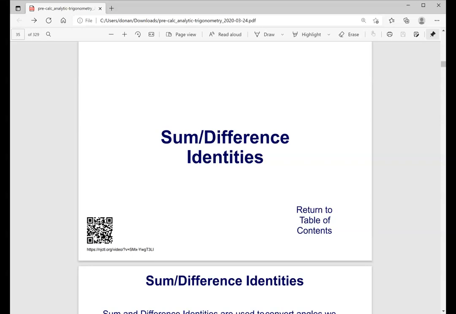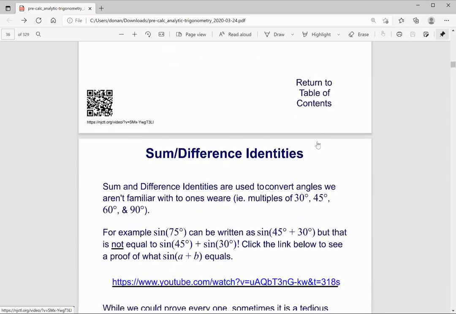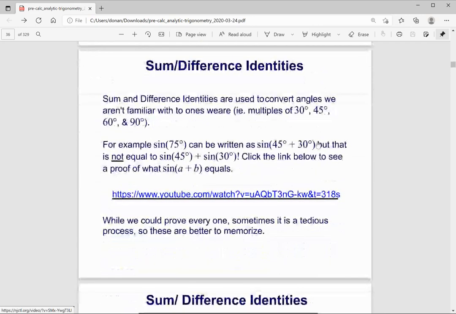In this video, we're going to look at sum and difference identities for trig functions. And if we think about it, there's one reason that we use them. Sum and difference identities are used to convert angles that we aren't familiar with to ones that we are familiar with. And I wouldn't really say convert, but if we wanted to find, for example, the sine of 75 degrees,